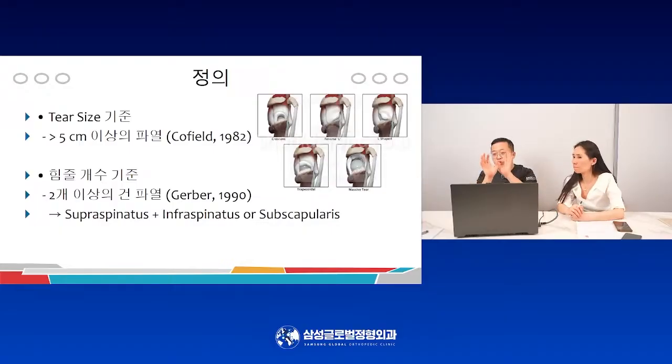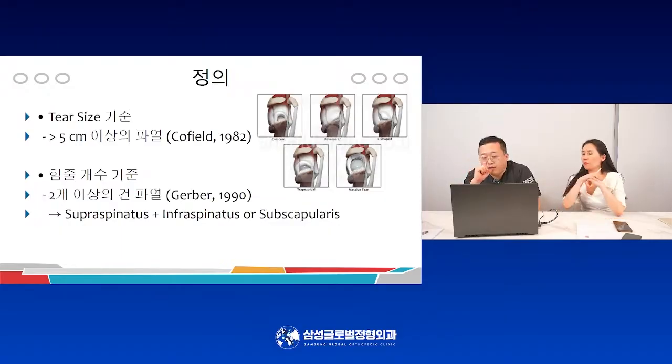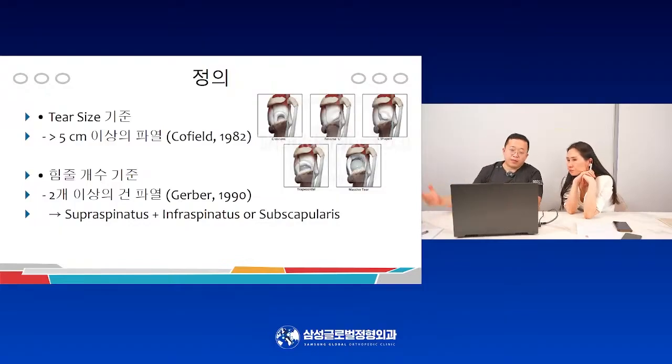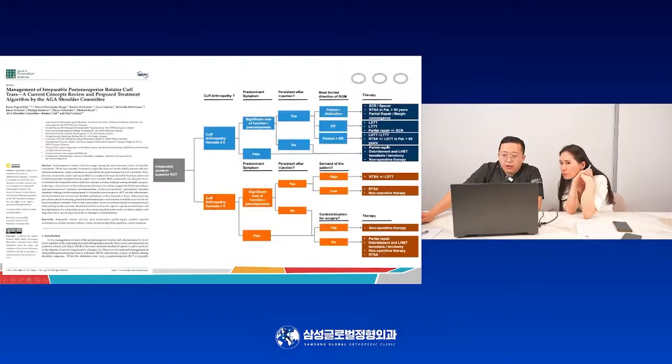The most important reason is that we don't want the patient to change to a massive tear, right? That is a very yellow sign. We worry about their massive tear. So if they have a problem like a massive tear, we have to treat it. There is a lot of treatment protocol like that.